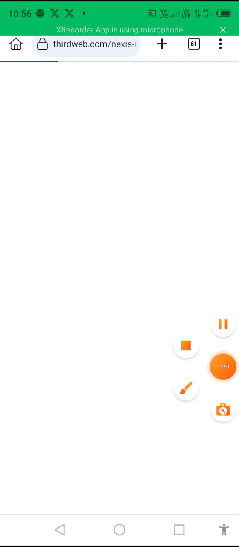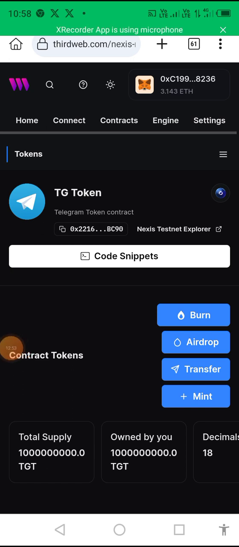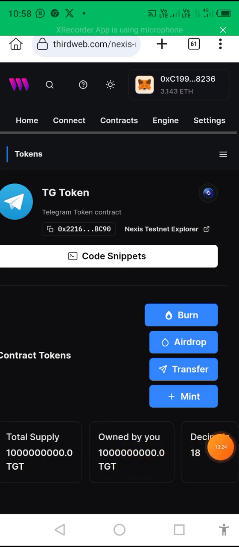Now, as you know, we have minted this token, and this is the token contract. That's the contract. This is what they usually call the contract address for any token. So now the token is minted. I minted 1 billion tokens, which you can see here. Total supply is 1 billion. Total owned by me, 1 billion. The decimal is 18. So I'm going to click this copy sign at the edge here